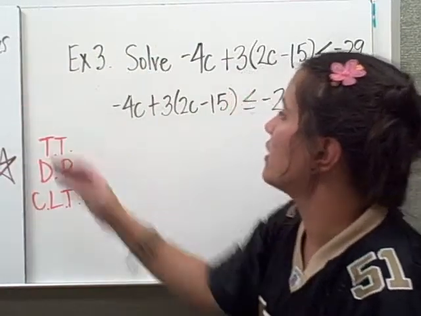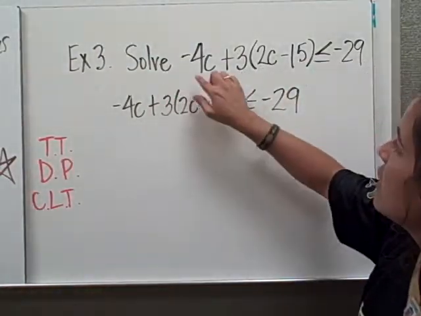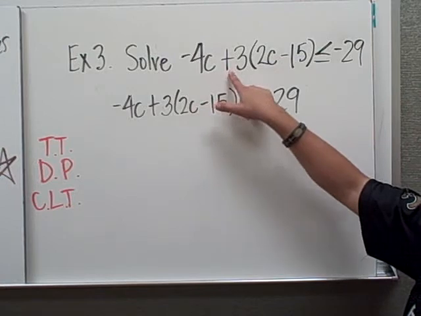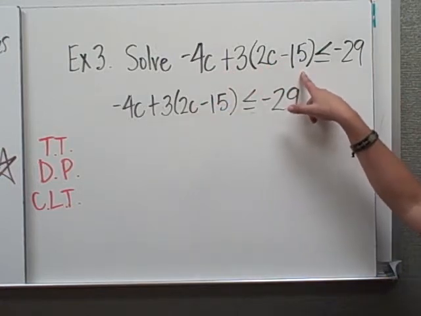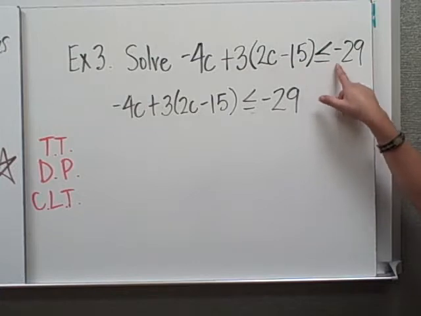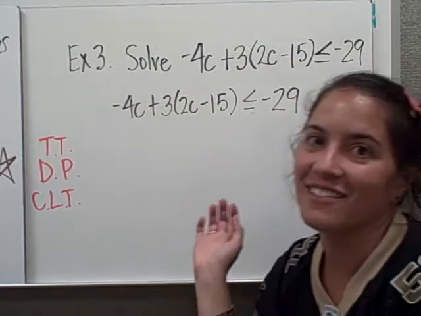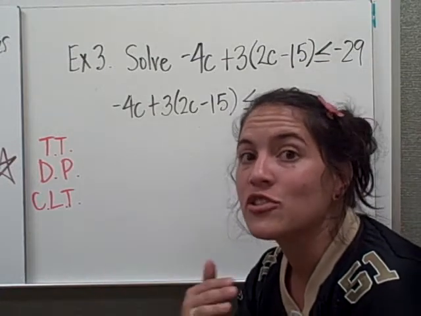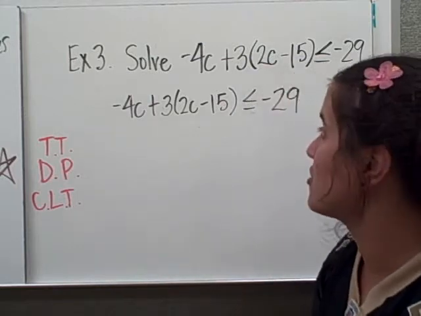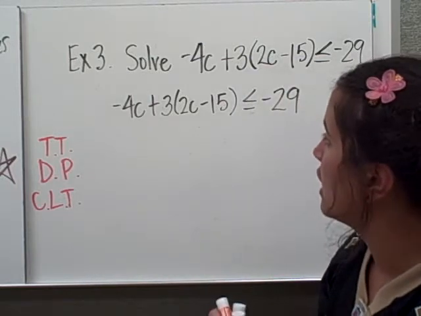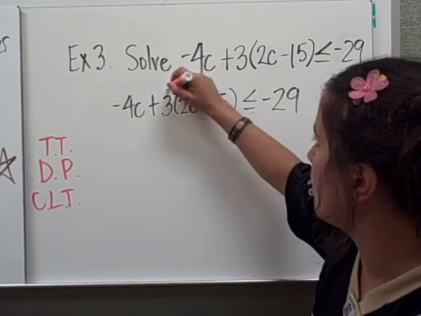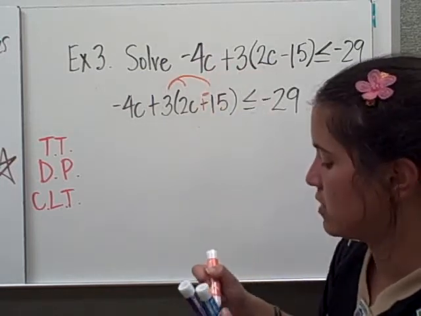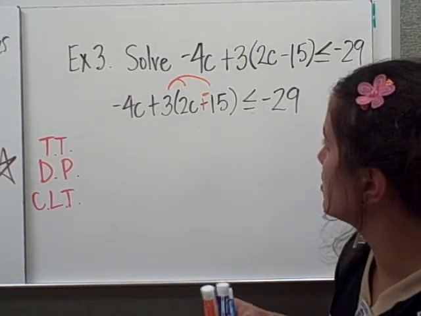Alright, example 3. Solve negative 4c plus 3 times 2c minus 15 is less than or equal to negative 29. So we've got a lot going on in this problem. I'm going to try to work through this one slow to make sure you see all of the steps. First thing I want to do is touch twice, and then I need to distribute. So when I distribute, I'm